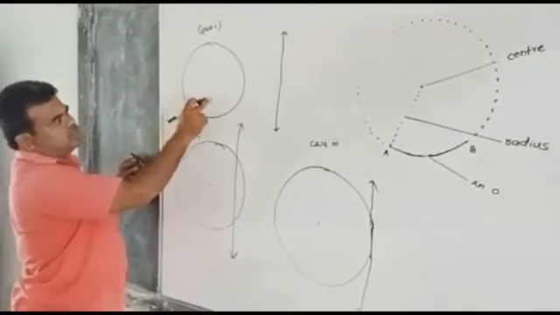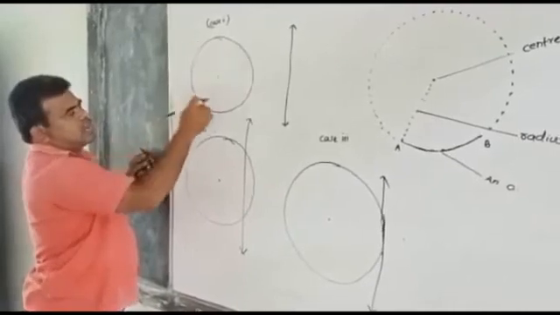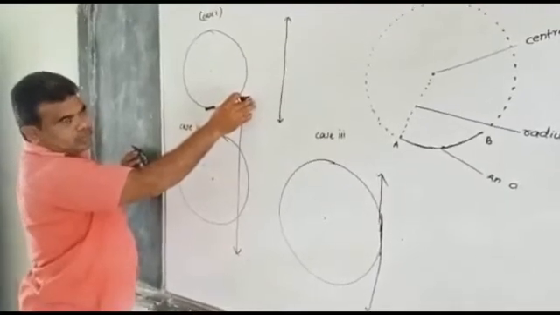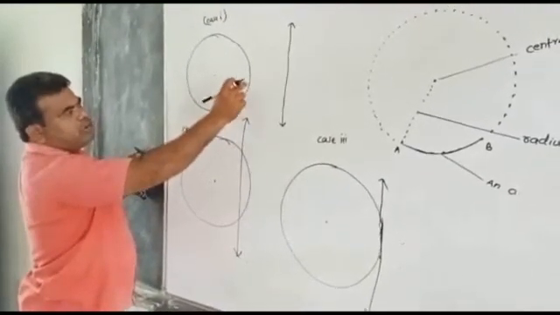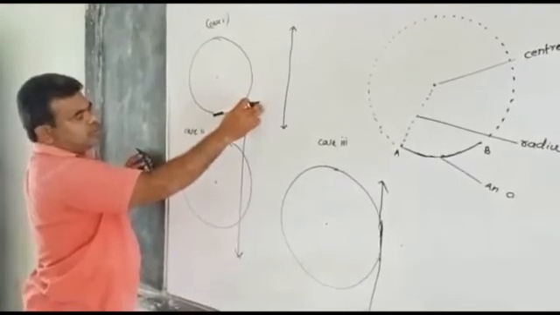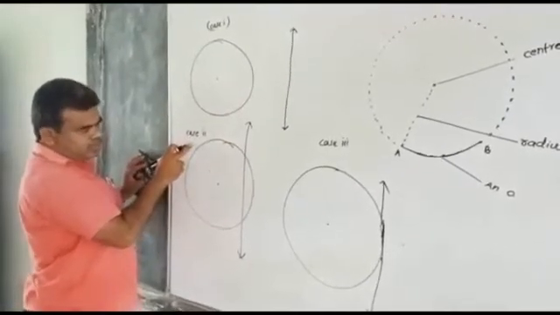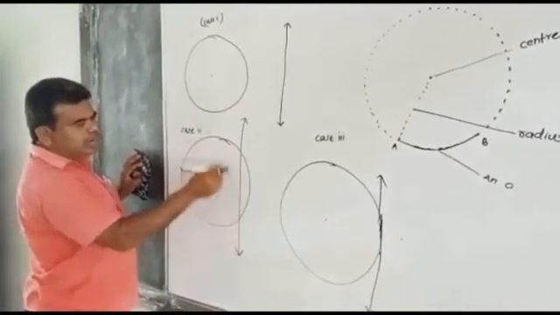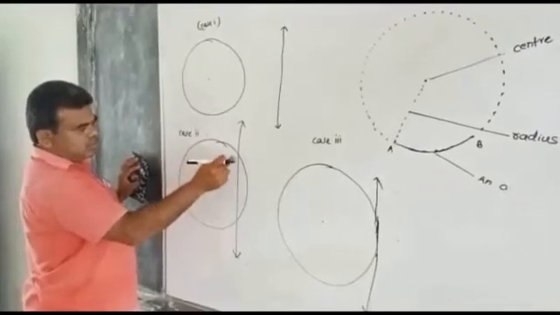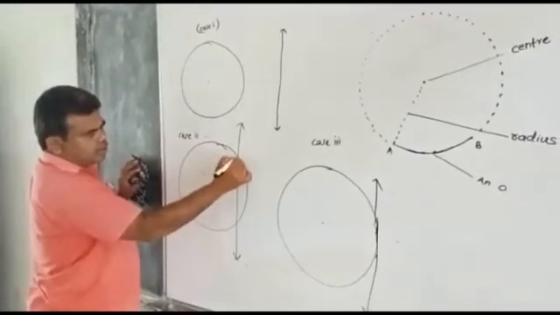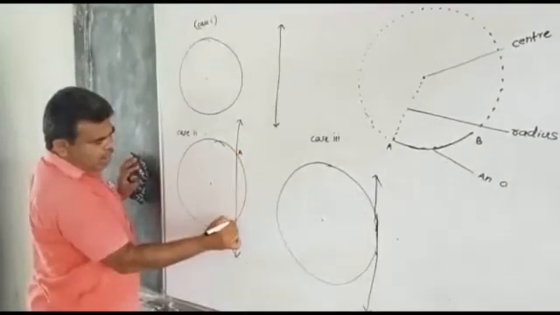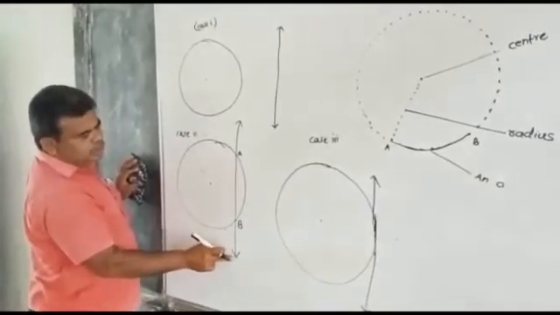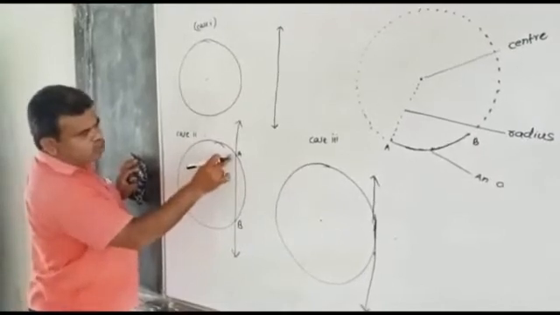In the first case, the circle and a line have no common point. That means they do not intersect each other. Let us come to the second case. Here, the circle and a line intersect each other at A and B. That means this line intersects the circle at 2 points